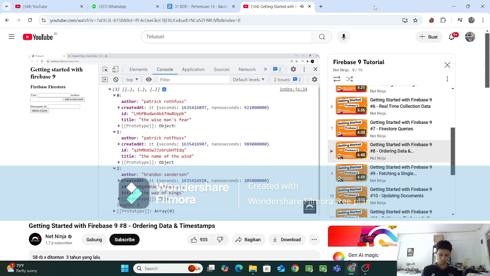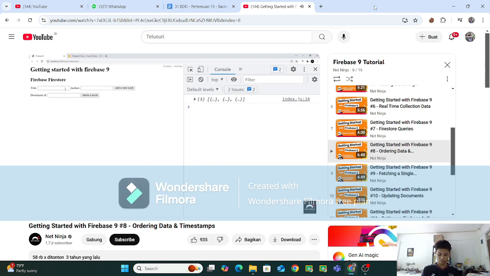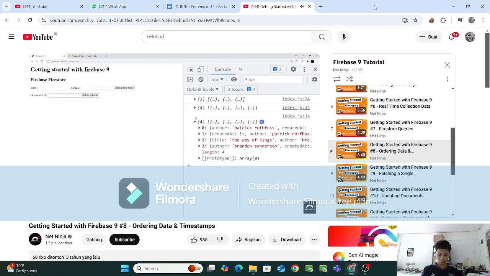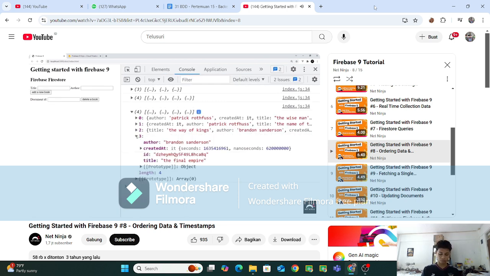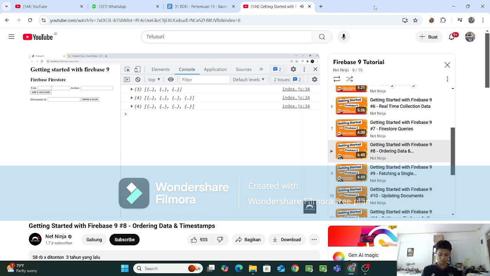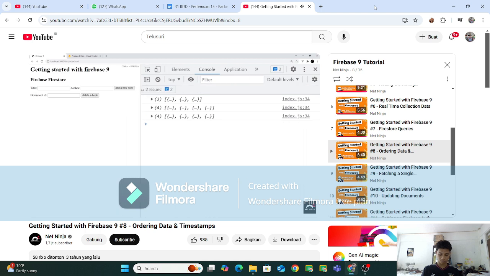We can see this order right here is the order that we added them. We added this one first, then this, and then this one. And if we add in a new one, let me add in The Final Empire by Brandon Sanderson and press enter, that one should now also appear at the bottom. So you'll see Brandon Sanderson down here at the bottom, The Final Empire, and the others are still in the correct order as well. Now you'll have noticed when I'm adding a new book now, I'm actually getting the data